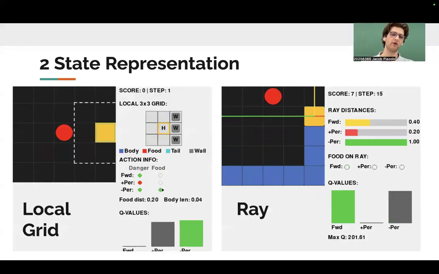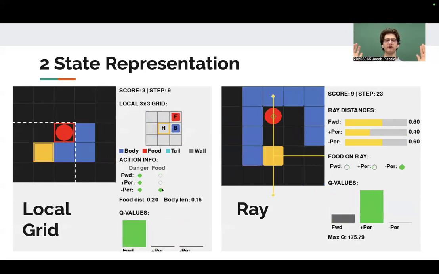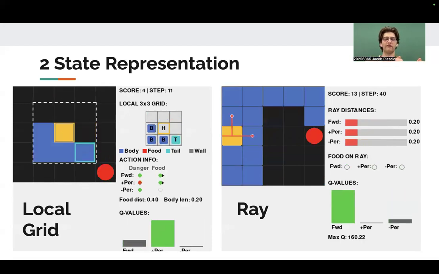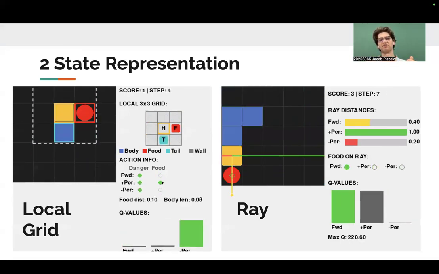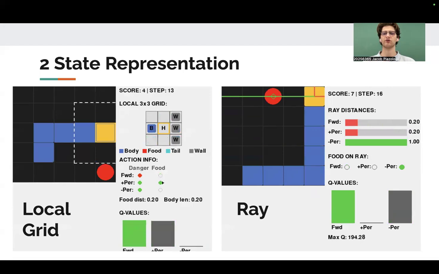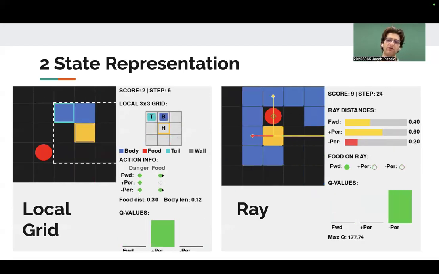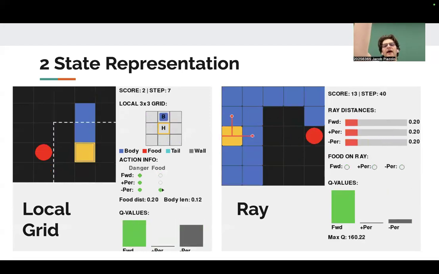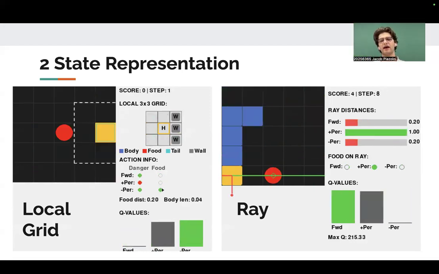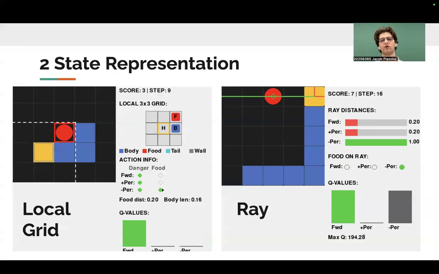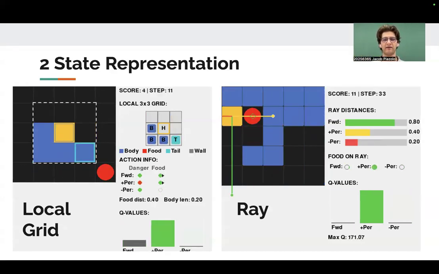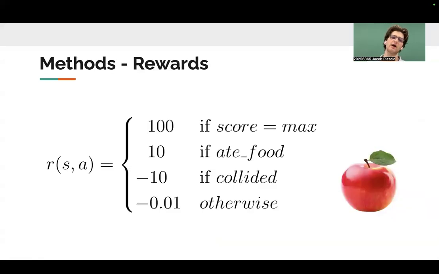One possibility would be the local grid, where we have an n-dimensional hypercube around the head, where we observe the world, and we also give it the direction of the food. But this is also exponential feature growth. So we came up with the array-based approach, where we look in all directions and give it the distance, and also tell it if there's food or in which direction the food is. And this way, we hope to scale better at higher dimensions.